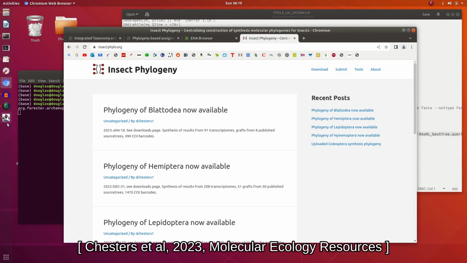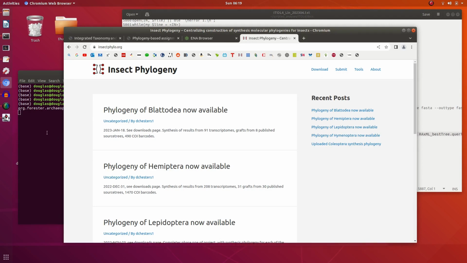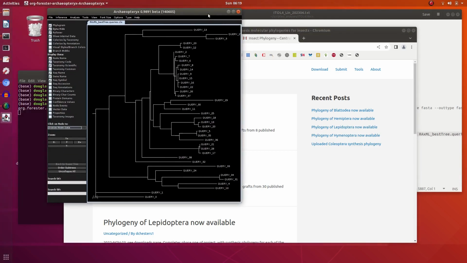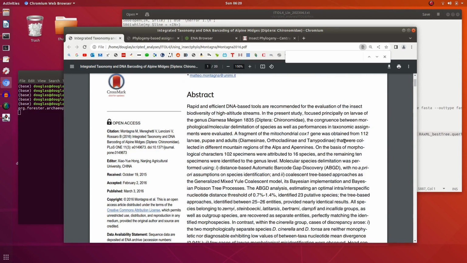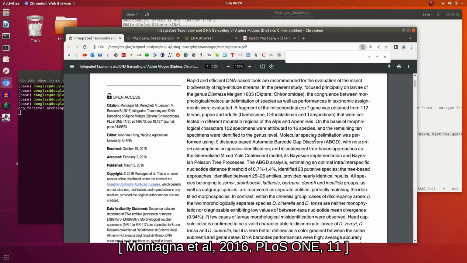Now the idea behind this website and the data provided by it is a framework for community ecology, DNA barcodes and metabarcodes. So to demonstrate the general idea, I've obtained some published data in a